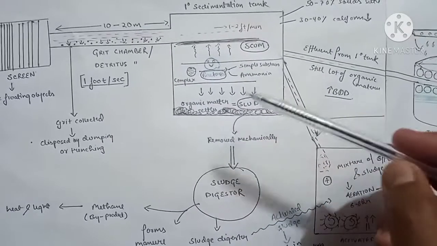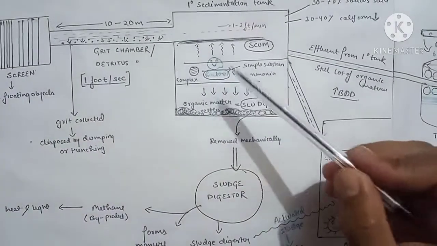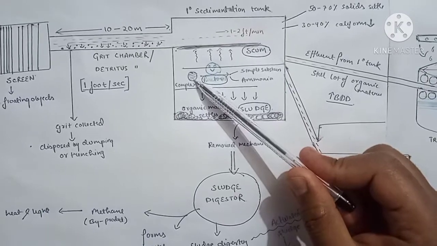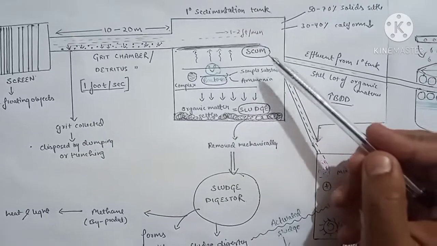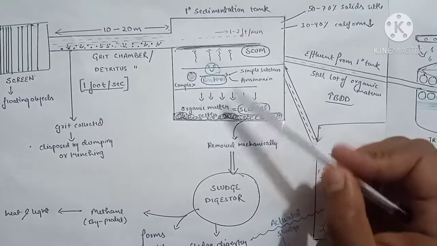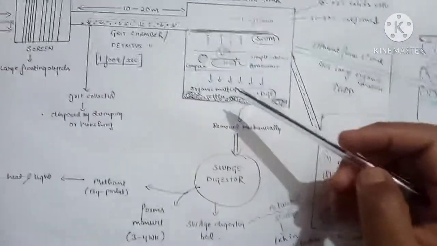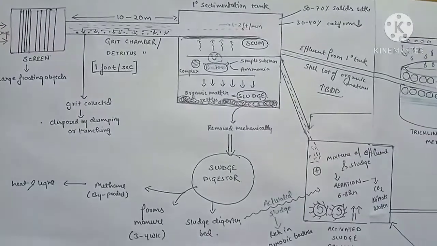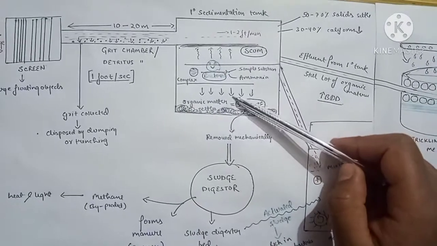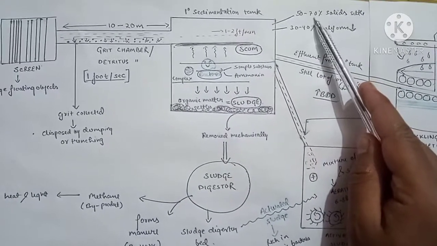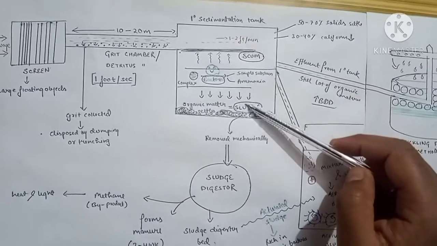Plus, this effluent will contain the coliform bacteria that are already present in our feces, and these will break down the complex organic compounds into simpler substances and ammonia. The third thing is the fat and grease present in this effluent is going to float above and form scum. So these are the three main things that happen in a primary sedimentation tank. This is important because sedimentation in the tank will reduce the solids by 50 to 70%, and the coliform bacteria will reduce by 30 to 40%.